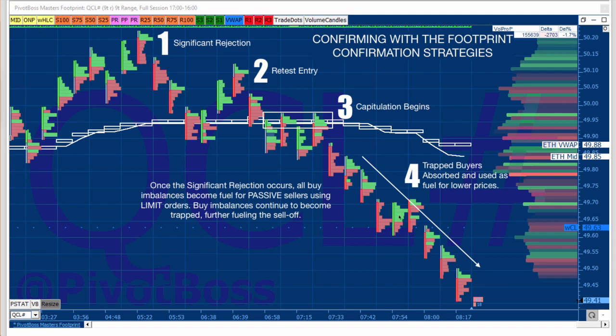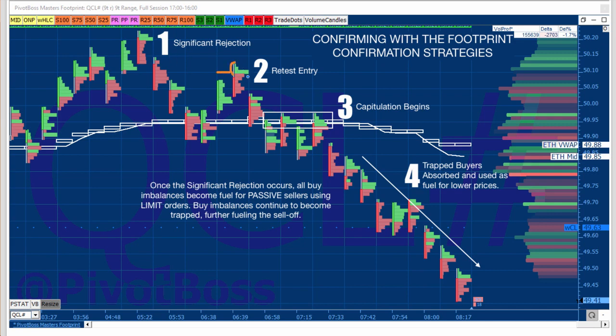So again, keep this in mind. Say you're a buyer and you bought right there. This was a pullback in the VWAP, you bought right there. After you buy, you're a seller. You're either going to sell up here and make some money, or you're going to sell down here and lose money, right? So after you're a buyer, these buying balances, they can't do anything else to help price go in their favor. They are at the mercy of the market now. Unless they add back or something like that. But even then, that's a dumb trade if you're underwater.